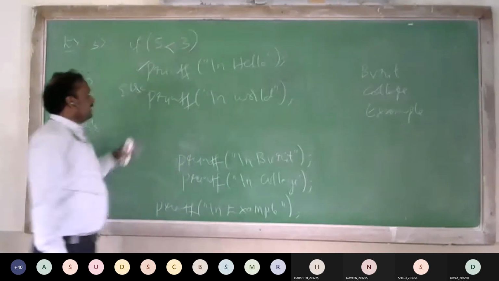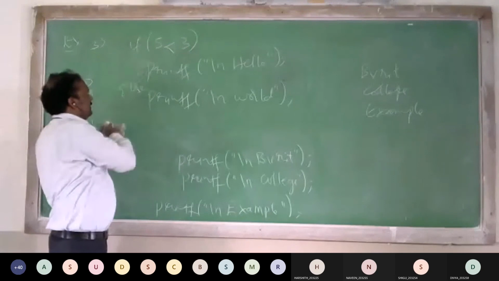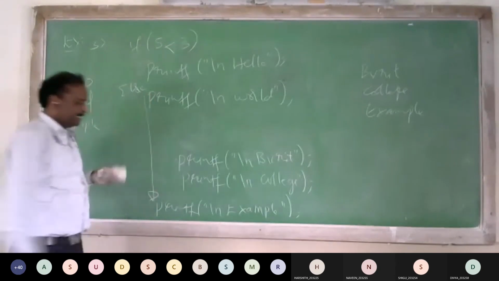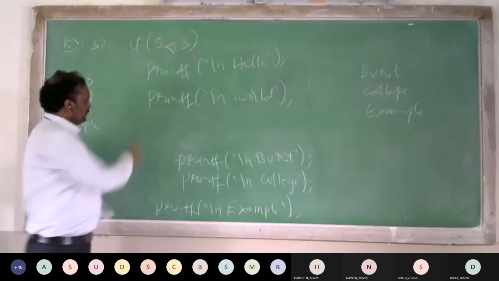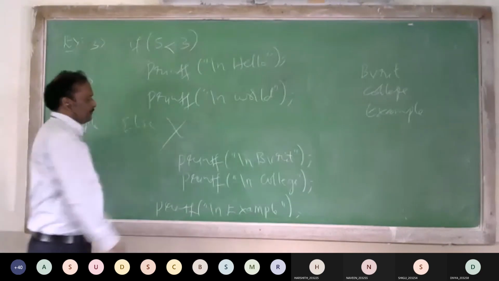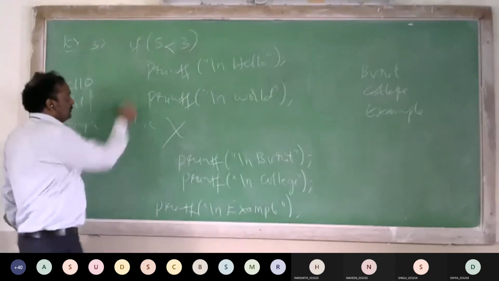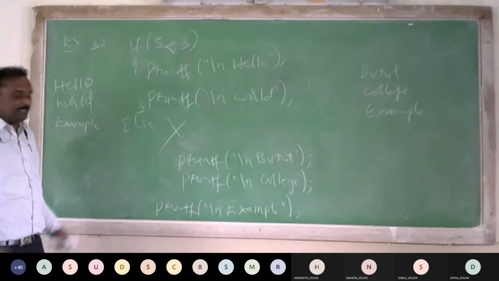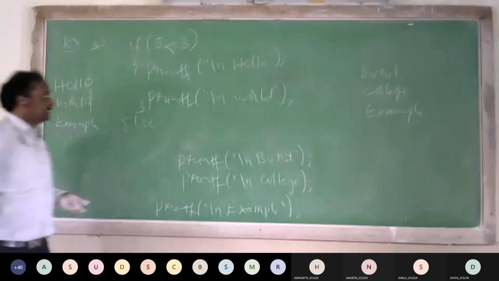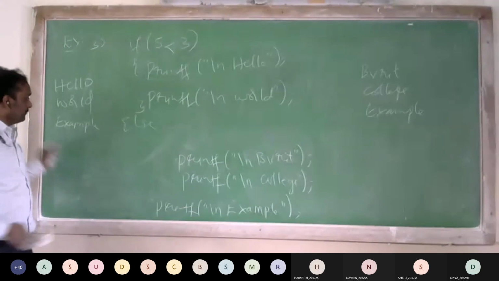If 5 is less than 3, false means this is not executed. The remaining statements are all executed. You should not write else after two statements. This is wrong. If you want to write two statements, then you have to use flower braces. Clear?